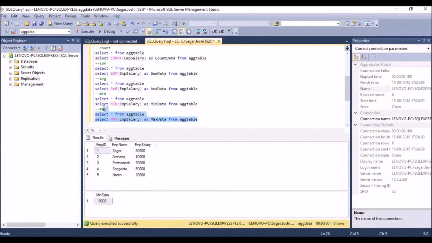So we'll run this query. What will be the maximum value from this column? The maximum value will be 70,000. Let's check if we can get 70,000. And yes, we have got 70,000 as the maximum value.